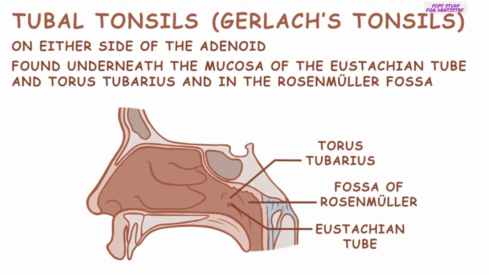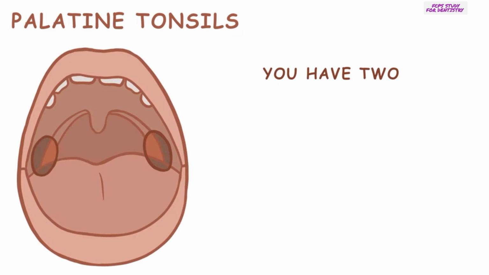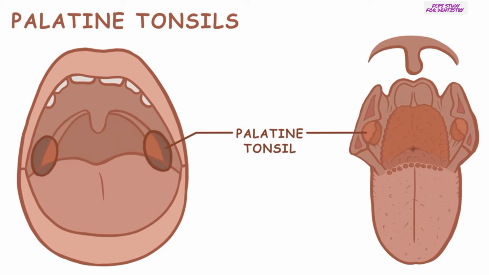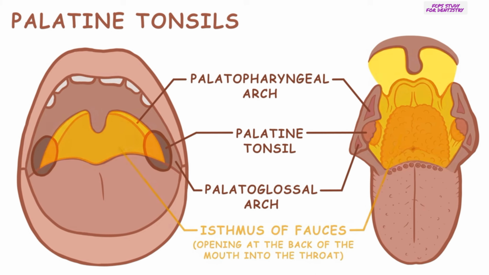You have 2 palatine tonsils. These are the largest of the tonsils and are readily visible on either side of the back of your throat, especially when they're inflamed. They're found between the palatoglossal arch and the palatopharyngeal arch in a cavity called the isthmus of fauces. The isthmus of fauces is bound by the palatoglossal arches laterally, the soft palate superiorly, and the tongue